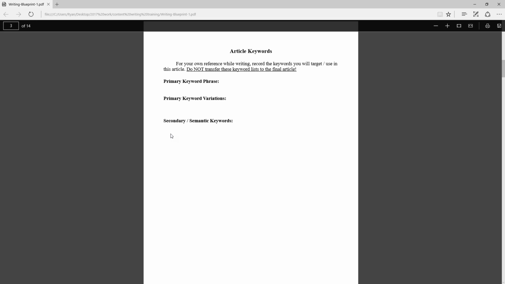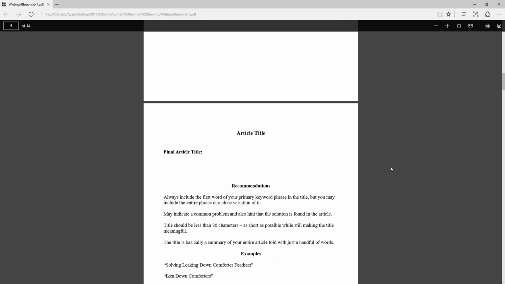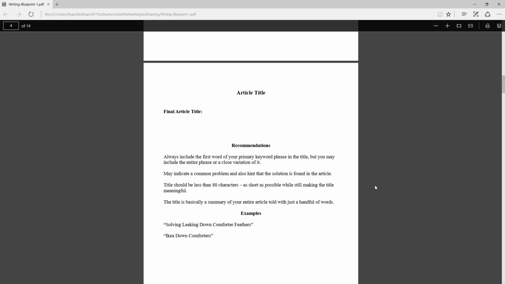And then what are all of the other secondary or semantic keywords that you were able to find that you want to try to be utilizing in this article? Make a list of all these things. When you have this in front of you to refer to, it becomes a lot easier. You make sure you don't miss items in your list because of certain steps like that.